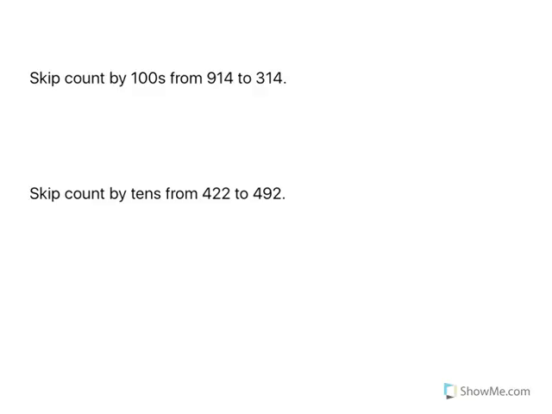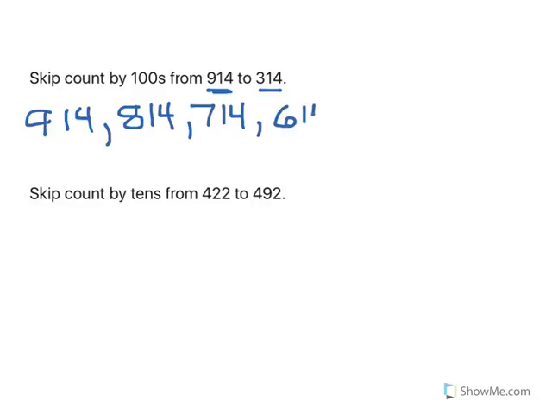The first one is skip count by 100s from 914 to 314. We're going from a bigger number to a smaller number. So that means I have to count backwards. And I'm going from the hundreds place. So I have 914, and then going back 100, that would be 814, then 714, and as you can see, I keep going back by 100. So the next one would be 614,